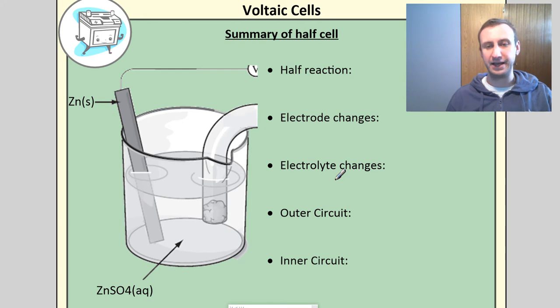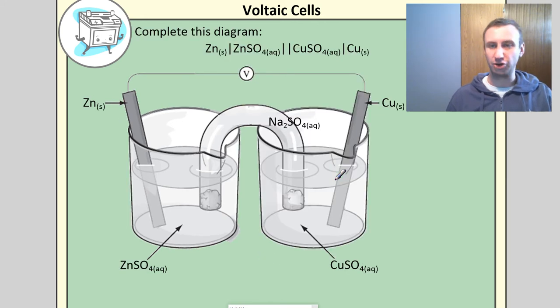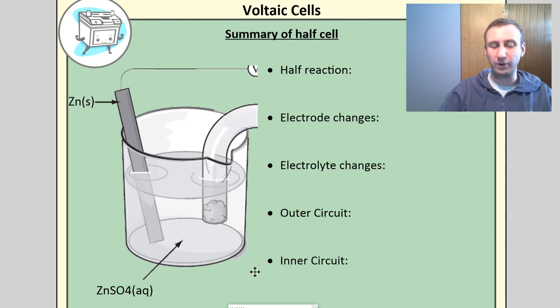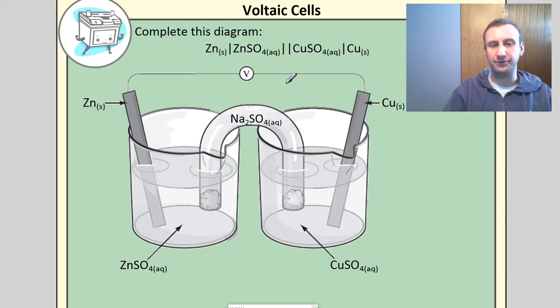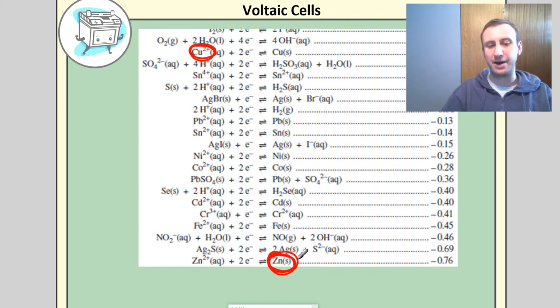So here is a nice little diagram of my zinc copper cell. Again, the exact same thing that I just actually had in the last diagram. I'm using sodium sulfate in the salt bridge because I already have the sulfate ion present, and sodium ion doesn't react with anything here, so that works out quite well. So let's take a look at the zinc half cell. As we already mentioned, the reaction that's happening here is the oxidation of zinc, and we know that because zinc is my SRA. So given that it's the strongest reducing agent, it is going to be oxidized,